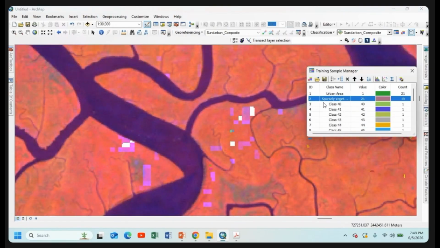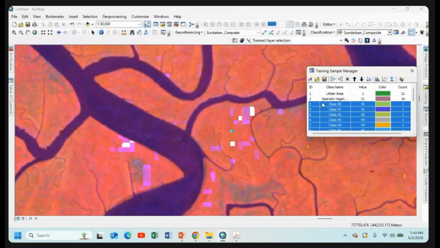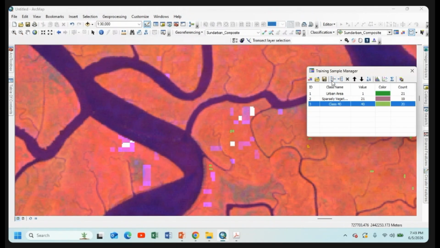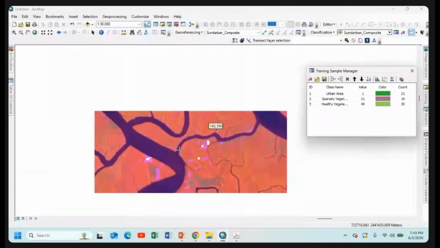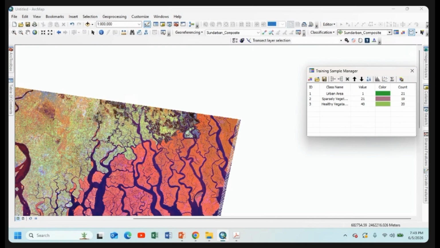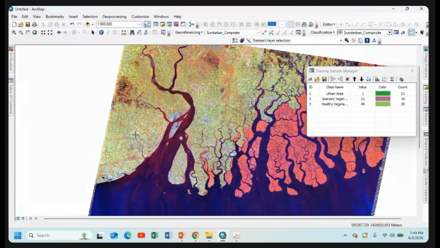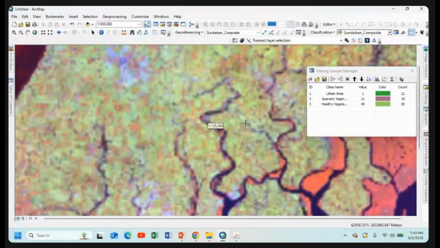Okay, our healthy vegetation training sample is completed. We will again merge all the data set named as healthy vegetation: select all remaining pixels and go to the merge training sample option and name it healthy vegetation. Next feature class is agriculture. How could we understand the agriculture field? The yellow color of the false color composite is indicating the agricultural field.